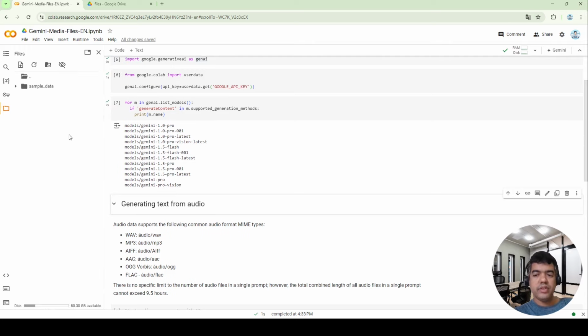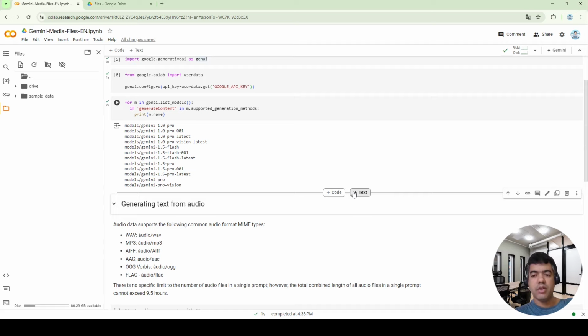If this is your first time mounting Google Drive in Google Colab, you may need to choose your Google account. It's important to highlight that you don't necessarily need to use Google Drive to execute our example. If you prefer, you can upload your file by clicking this upload button.